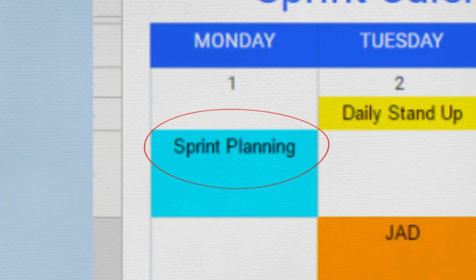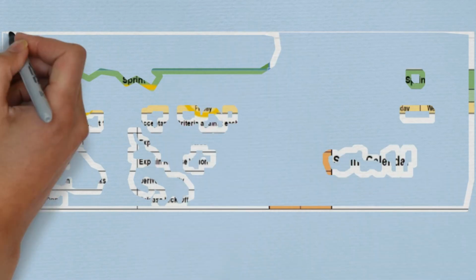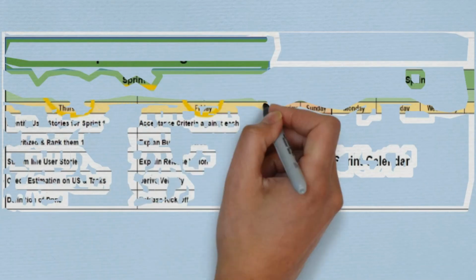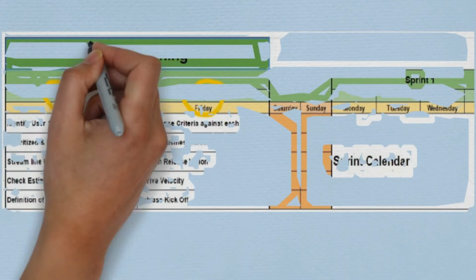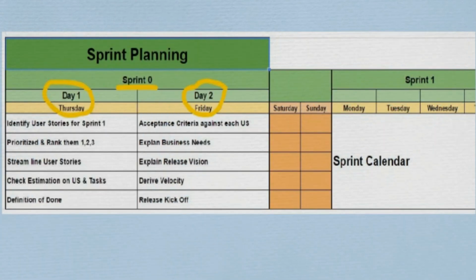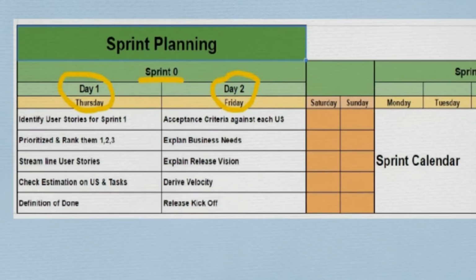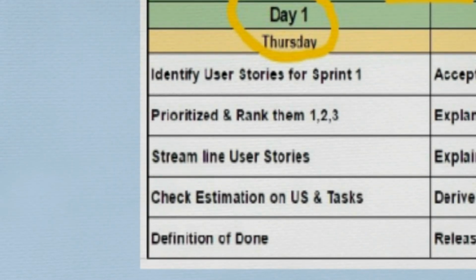But if your sprints are more than 2 weeks, let us say 3 weeks or 4 weeks, or if your release is big, which may contain more number of sprints, say more than 4 or 5 sprints, then you may choose a separate sprint to do a sprint planning, and that is called sprint 0. 2 days are defined or assigned for the sprint 0. In the sprint 0, we will do the sprint planning. We will decide what to build in the next sprint, that is sprint 1.